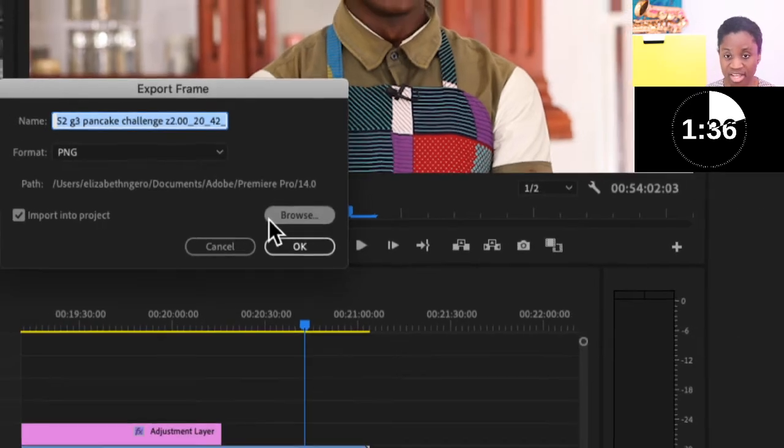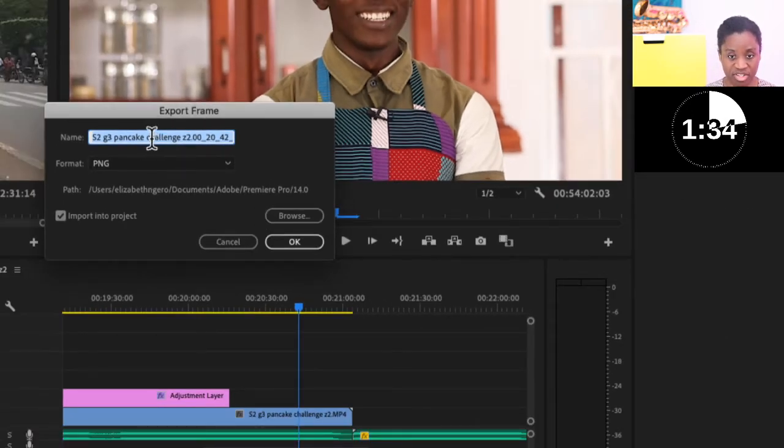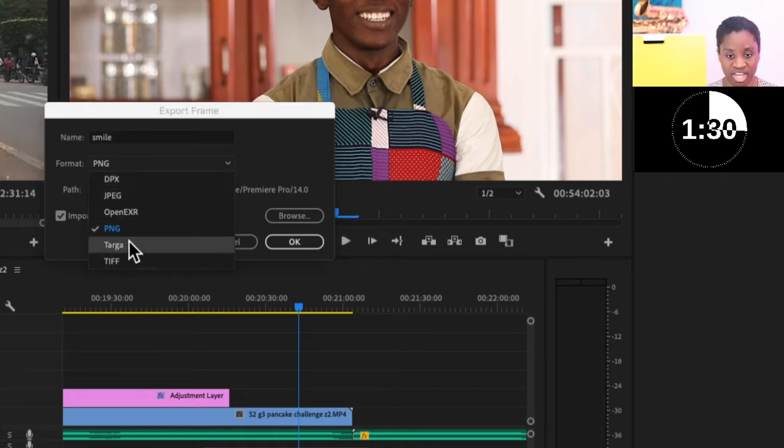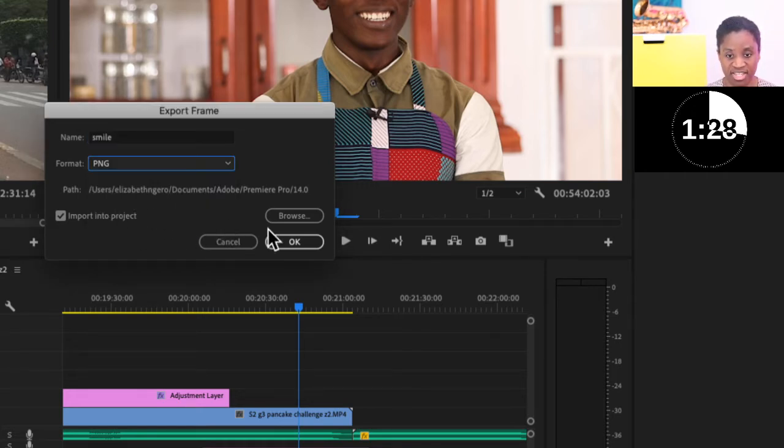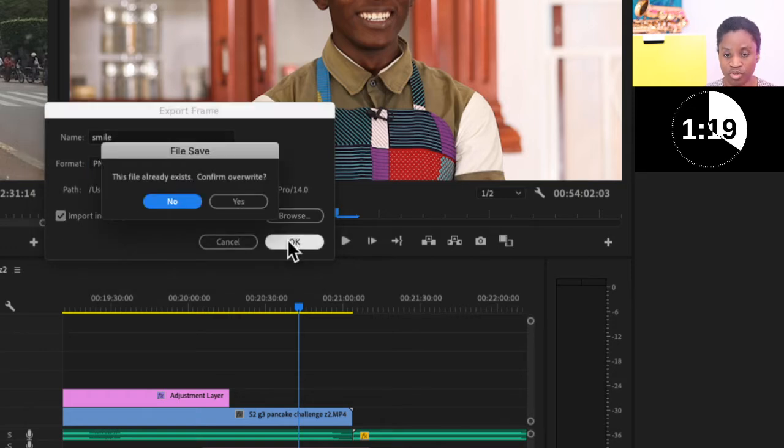Once I click on it, I can choose different things here. I can save it as whatever I want to save it as. So I'm going to save that as smile, change whatever format, JPEG, PNG, whatever you want to save it as. Press browse to say where you want to export it to so that you can find it later, and make sure you click import into project, because if you do that,